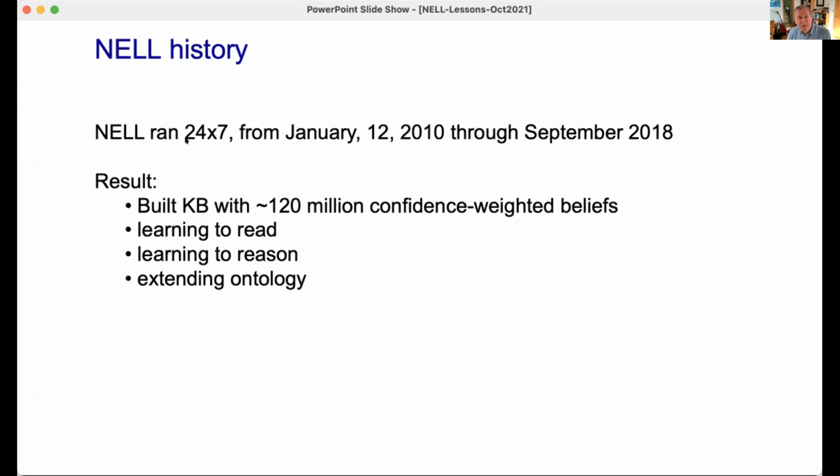We did develop such a system. It ran for 8 years. We ended the project in 2018, but it did run continuously for 8 years. It built up a knowledge base with over 100 million belief triples, like Bill Gates founded Microsoft, with some confidence weighting on each. And it did learn in various